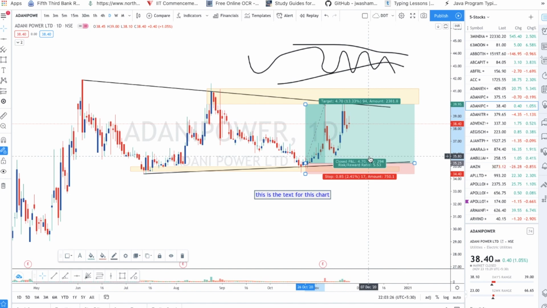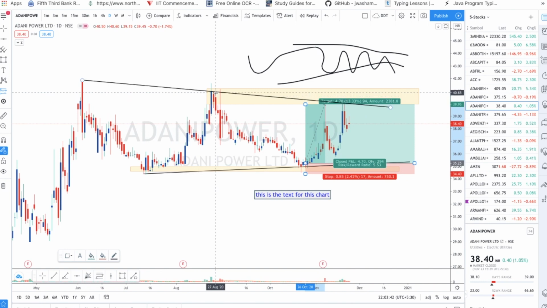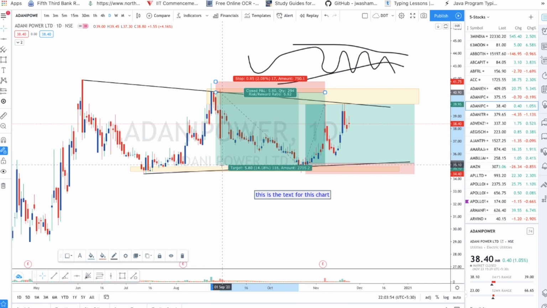So this is a really important tool which I use everywhere. I already discussed how to take the entry and how to calculate this, so please use it properly. Second, I also use this short tool. Shorting means selling first and buying later, so at that time we can use this. My red color is the stop loss, and this green color is my target.